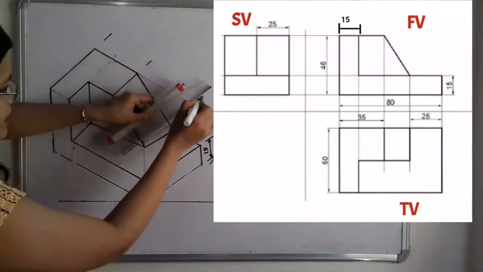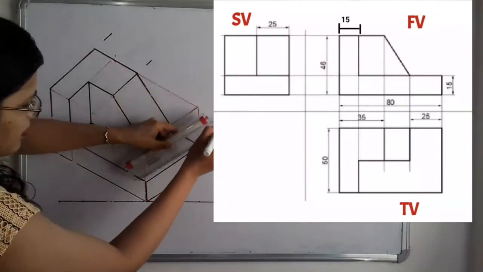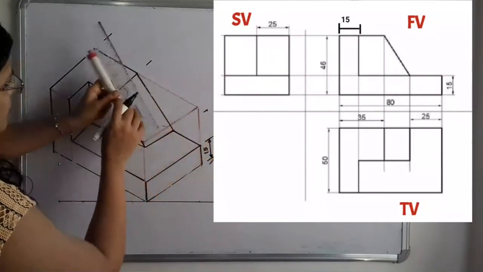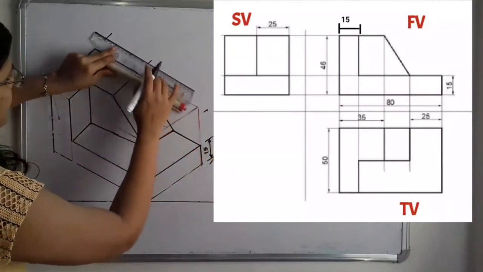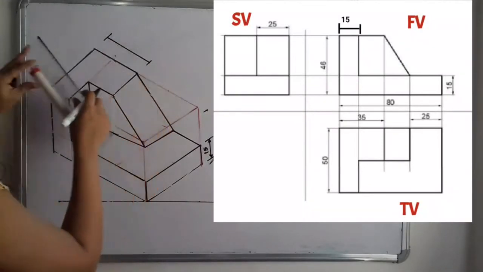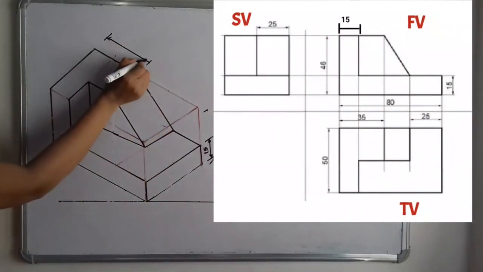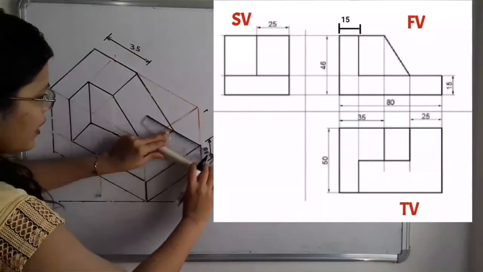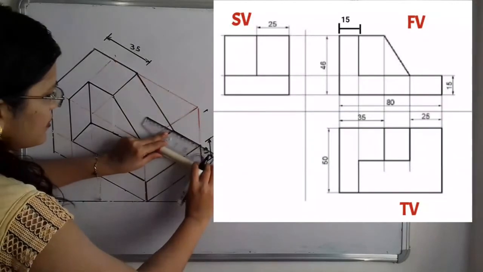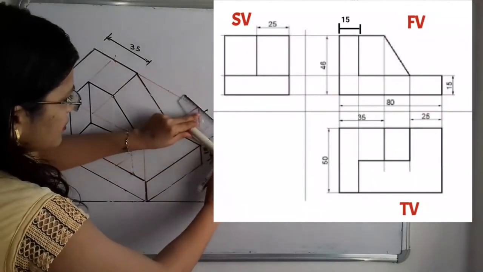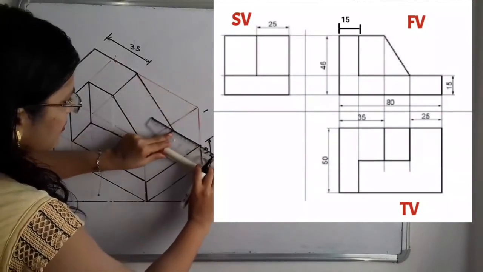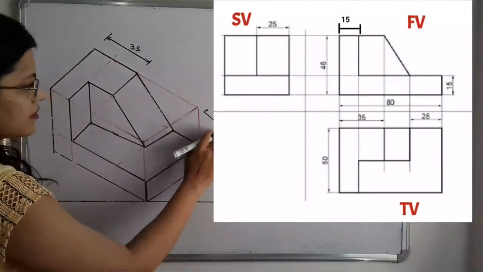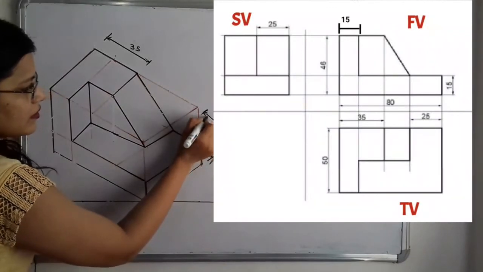So for that, then again here this distance is given, that is 25 mm. So we have to take the lines parallel to this. So this distance is 35 and here this distance is given. Now we have to draw here the line parallel to this and we will take here, that means here is the 25.